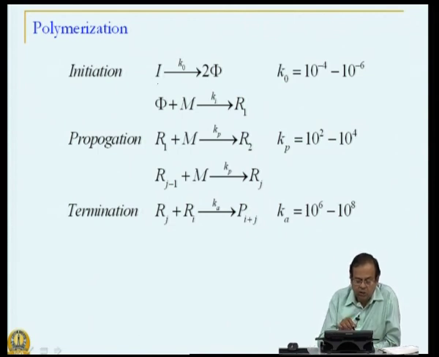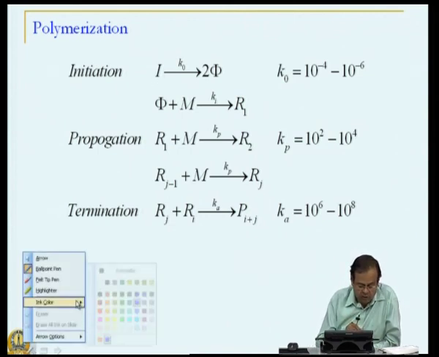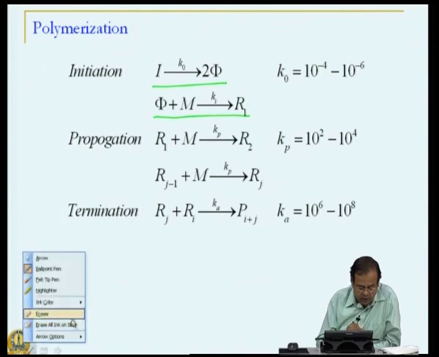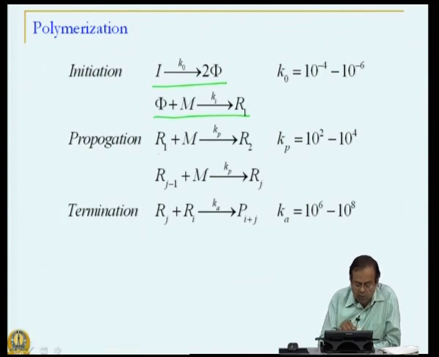So, initiator giving rise to free radicals. Step 1: free radical benzoyl peroxide combining with monomer giving rise to a live radical R1, then the propagation reactions, that is R1 combining with one monomer giving rise to R2, R2 plus M gives R3. So, in general, R(j-1) plus M gives Rj. So, these are all propagation reactions, and the